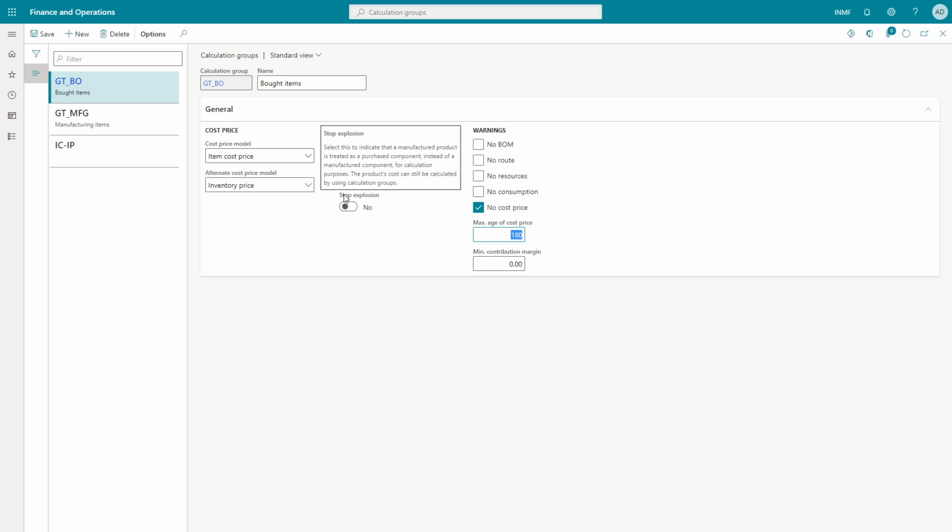Then here we have stop explosion. If you want to treat some of the manufactured items, from the price calculation perspective, as a procured item, and you don't want to explode the BOM of that item, then you should check this stop explosion checkbox and assign this calculation group on the items which you want to treat like this. Okay, second one is